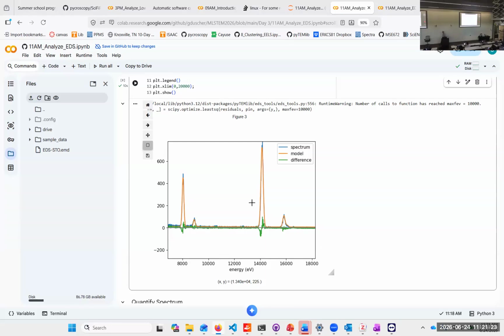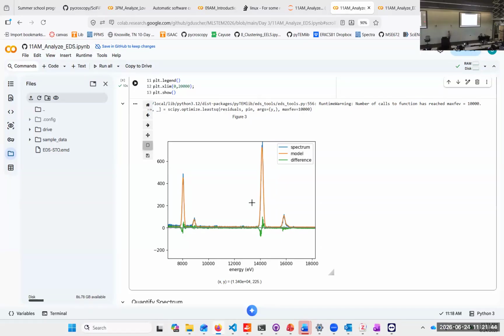I look up the position of them. I calculate what the width should be. And that's it. The only thing that I'm fitting is actually the height of the